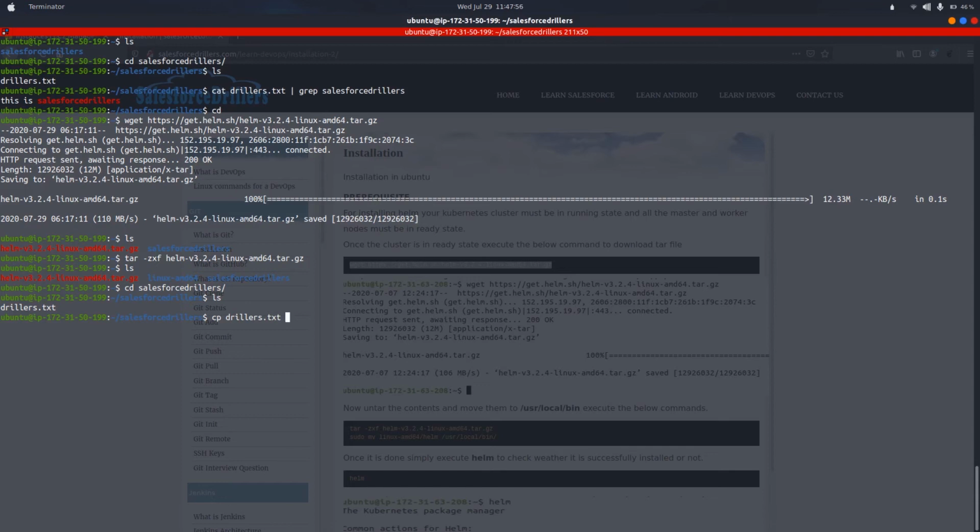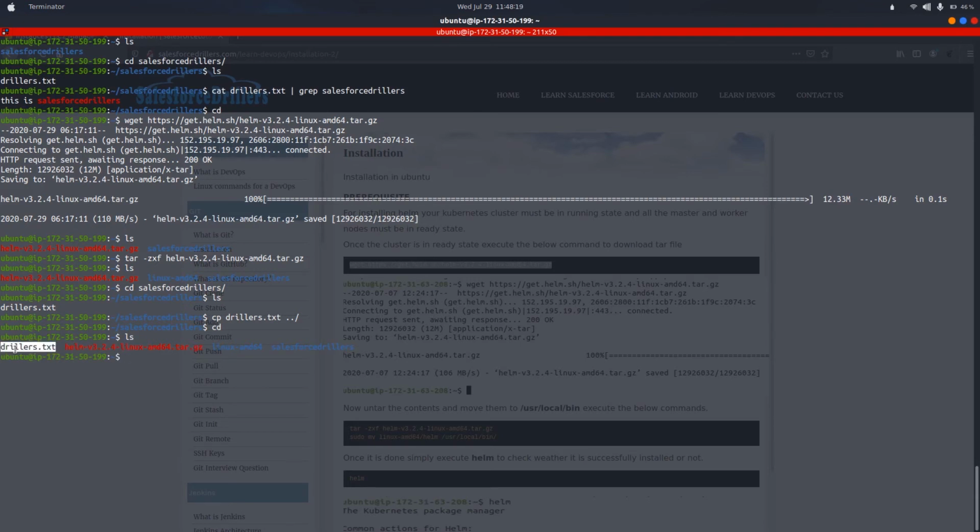Suppose I want this particular file to be copied one directory back, so in that case I'll use ../, which means the previous directory. Now if I press enter, and if I move to the previous directory and do ls over here, we can see that the drillers.txt file has been copied here.